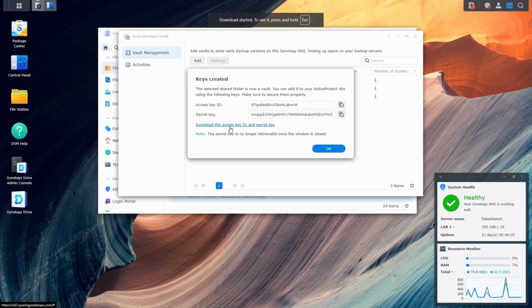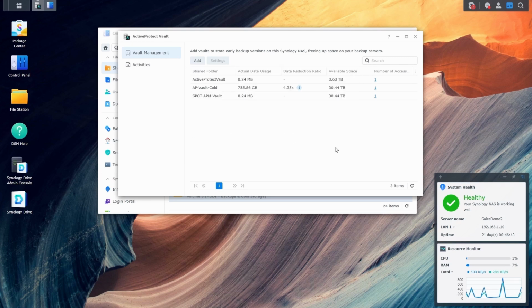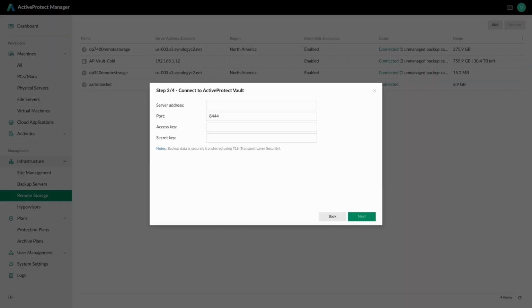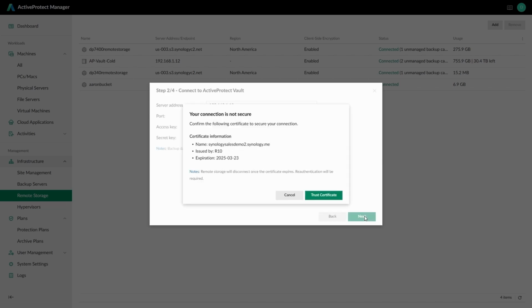Please note, the secret key is no longer retrievable once this window is closed. So make sure you have saved what this downloads for you. You'll need both those keys when we go back over to ActiveProtect Manager to connect to the ActiveProtect Vault. So now what we're going to do is type in the server address and bring over that access key and that secret key we saw in that previous menu, and we're going to move through with this